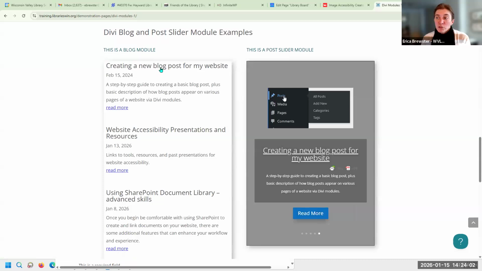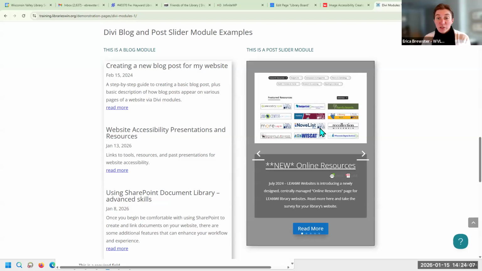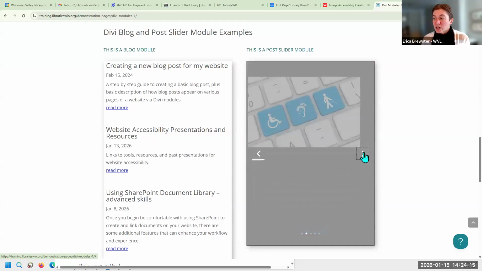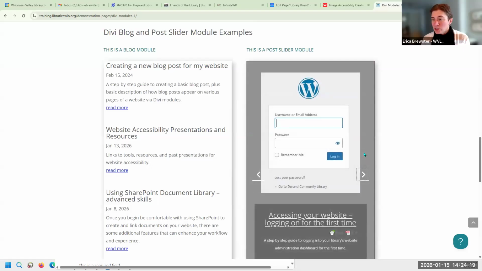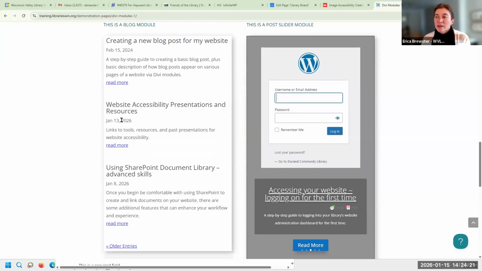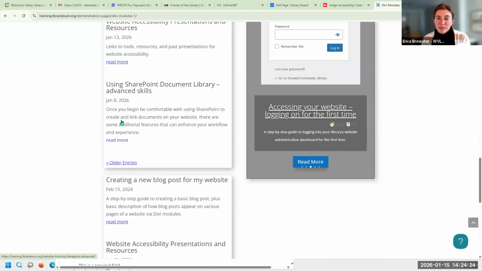You probably won't do too much with blog and post slider modules, especially not with the animations. These animations will be going away. This is usually like a one and done on your website. It is set somewhere and it is showing your library news. You're probably not going to be adding one to your site. And then a blog module, again, is not something that,